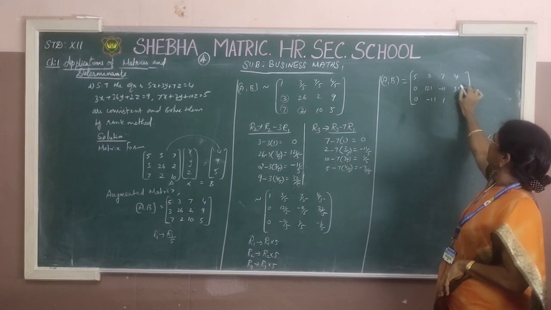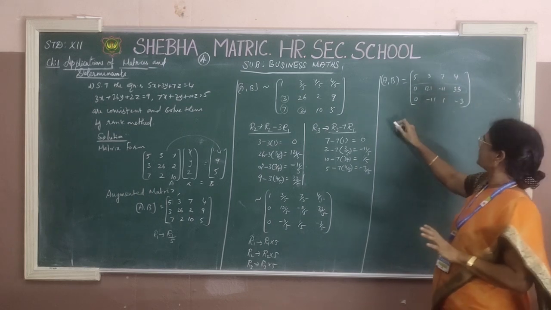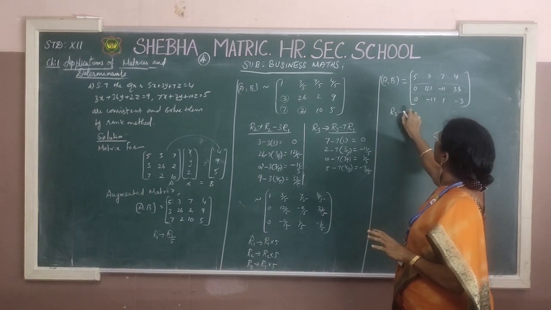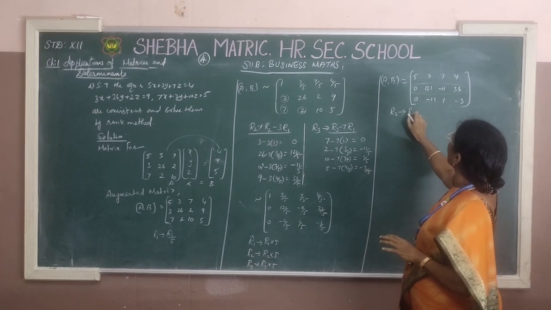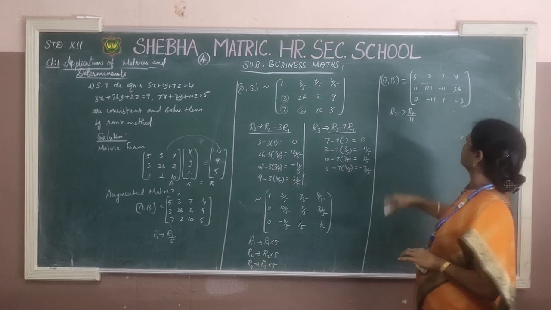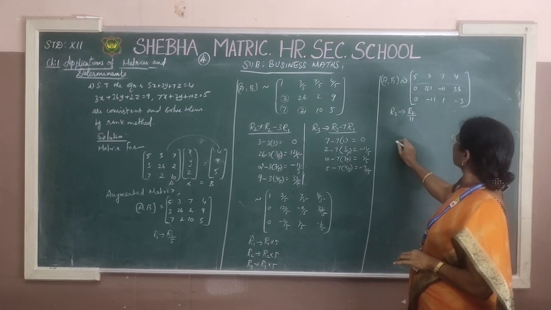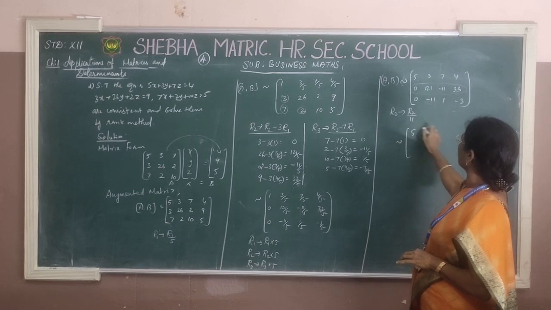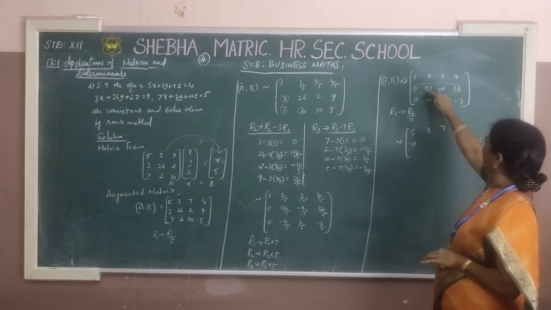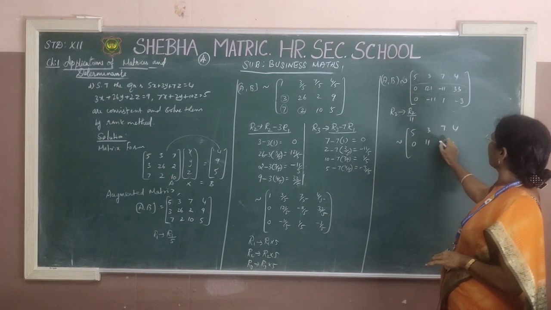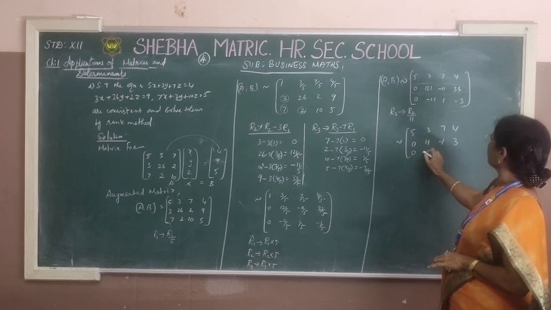Okay, in the next step, listen, in the second row all the elements are multiples of 11 only. So a small change in R2: R2 becomes R2 divided by 11. So put the tilde symbol. We get 5, 3, 7, 4, then 0, after dividing by 11 we get 11, and here minus 1 and here 3. The third row is as it is.